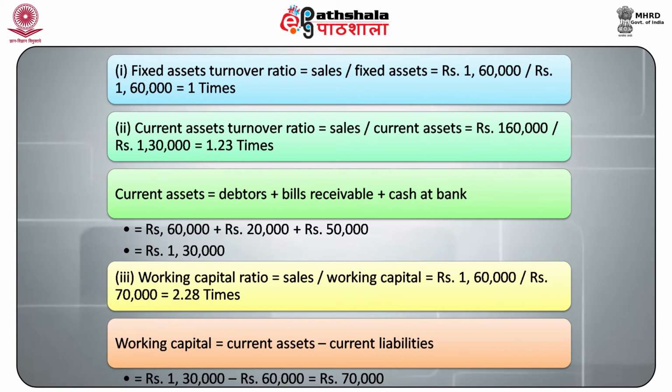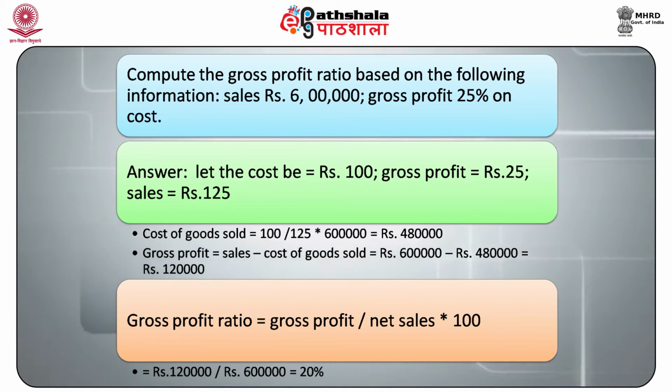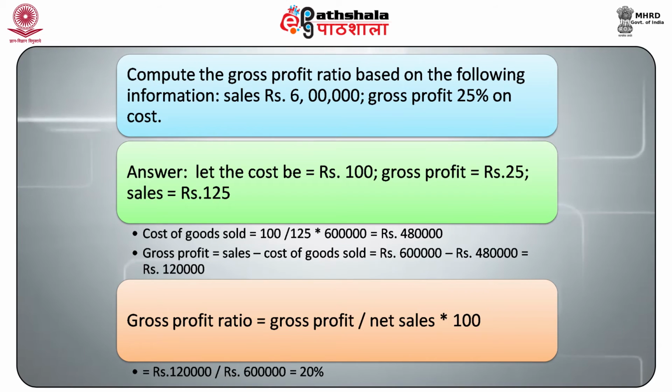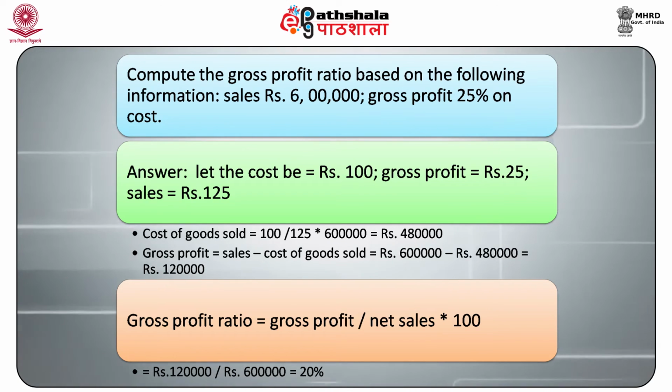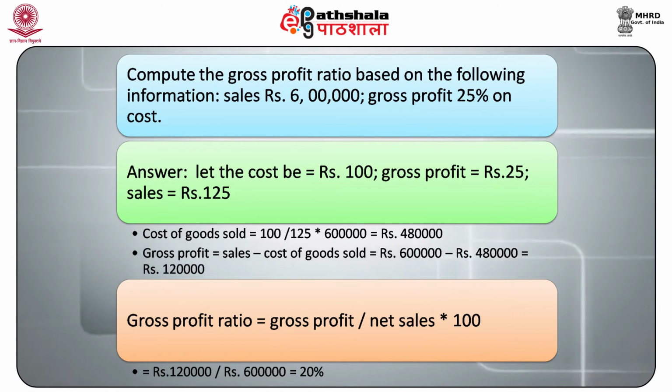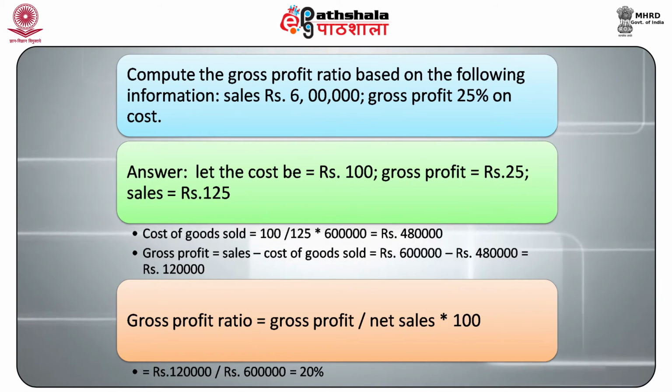to rupees 70,000. Compute the gross profit ratio based on the following information. Sales rupees 6 lakh, gross profit 25% on cost. The answer for this is: let the cost be rupees 100, gross profit is rupees 25, the sales is rupees 125. Cost of goods sold is equal to 100 divided by 125 into 6 lakhs, which is